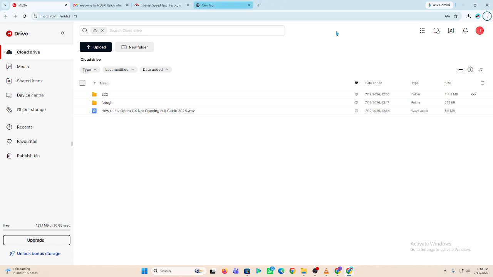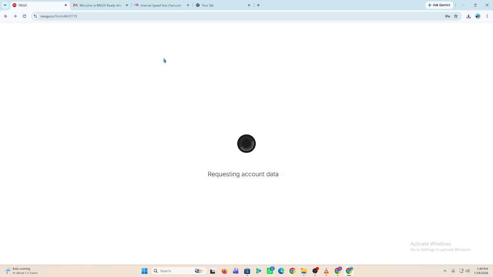Hey everyone, want to check how much storage space you're using on Mega? In this video, I'll show you how to check your Mega storage usage step by step. Keeping track of your storage helps you manage files, avoid running out of space, and keep your cloud account